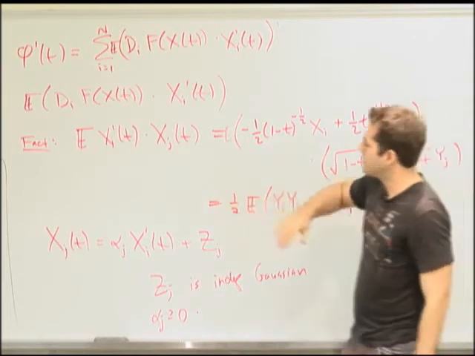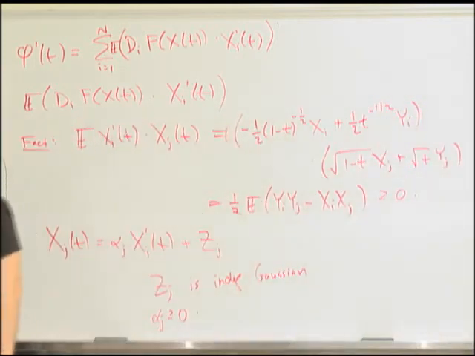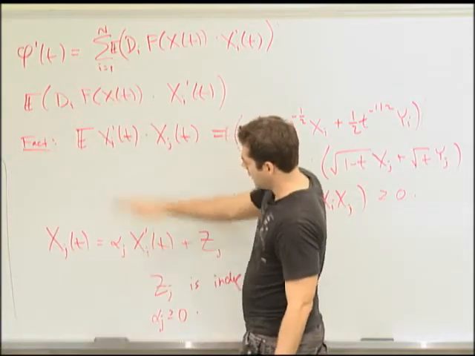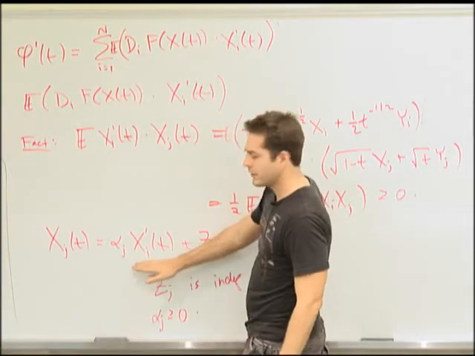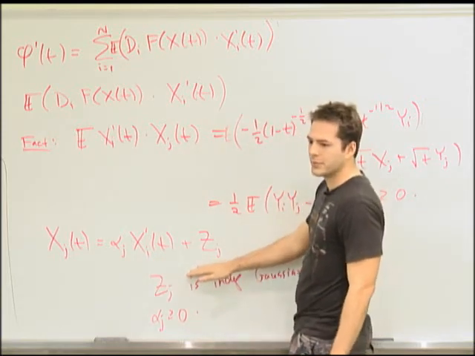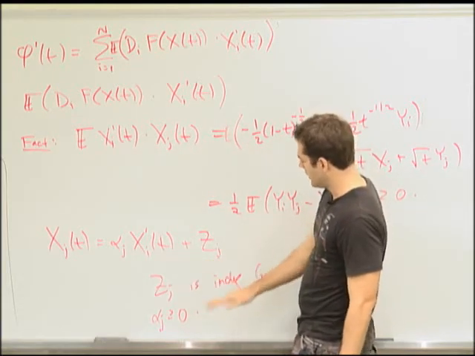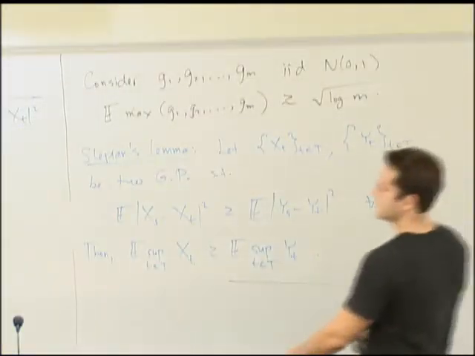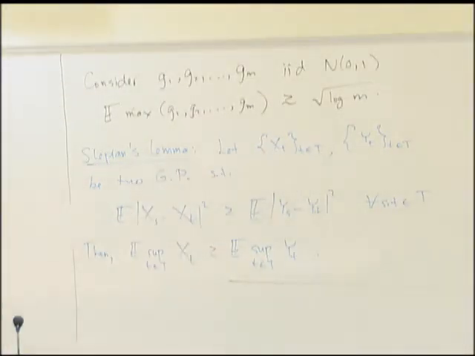This is where you should really think about Gaussians in terms of Euclidean geometry again. Of course, we can write x_j as its projection onto this random variable plus the orthogonal component z_j. So this is orthogonal, which is the same thing as saying it's independent. Everybody cool? We can write it like this. Okay, so then to finish, let's finish over here.